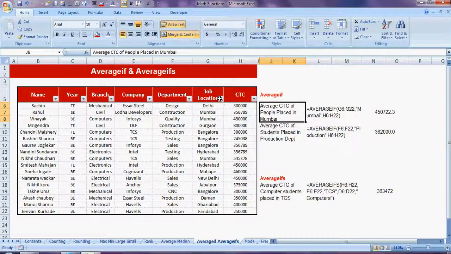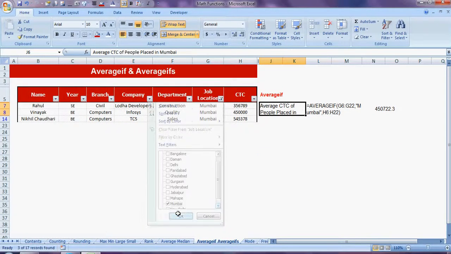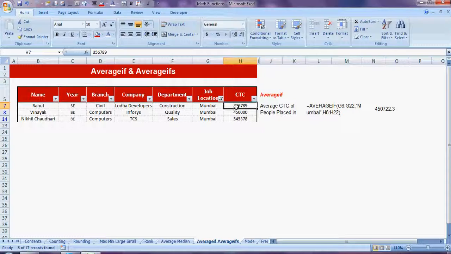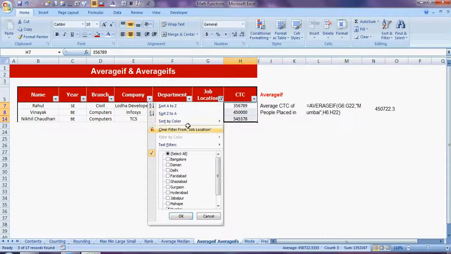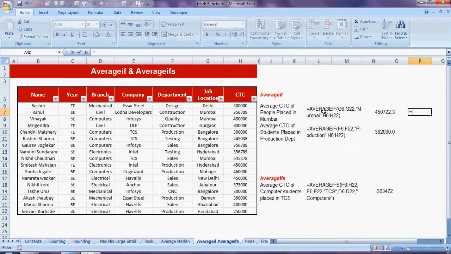So the simpler way, what you have to do, Mumbai, just select this data. So the average is 450722, which is matching with this data. But in this lecture we have come over here to learn about AVERAGEIF, so we'll do it that way only. So equal to